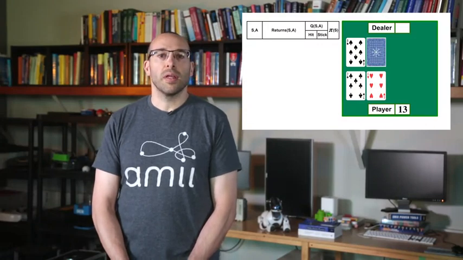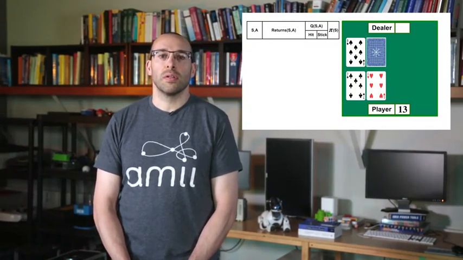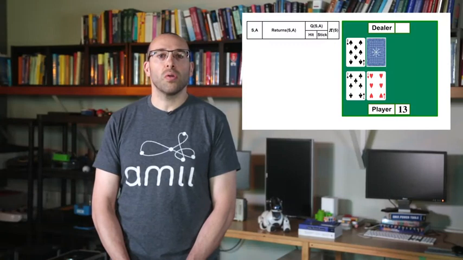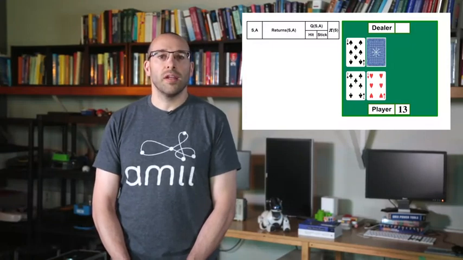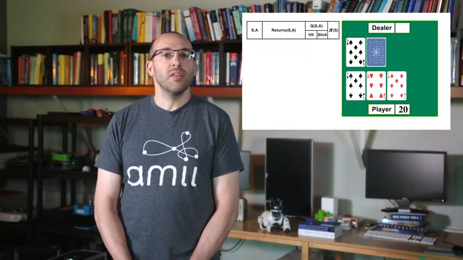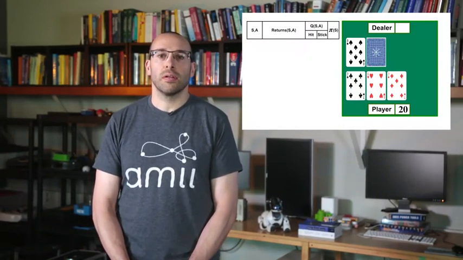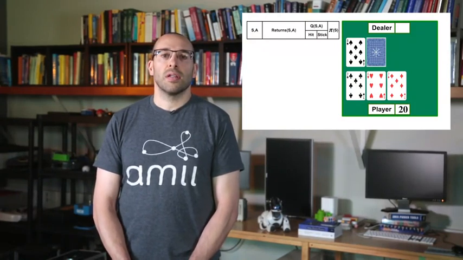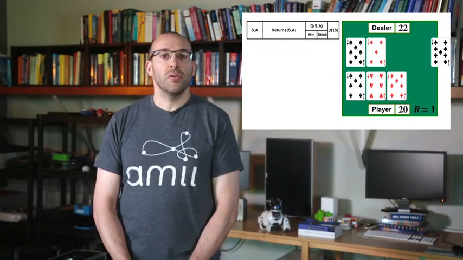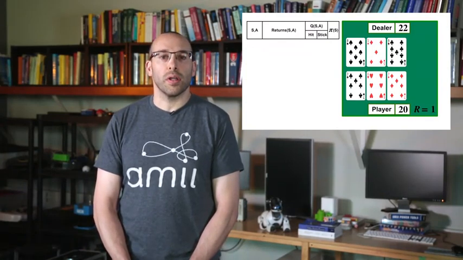Let's step through a game and see what the algorithm would do. Suppose the agent's cards show a total of 13 with no usable ace, and the dealer's visible card is an 8. According to the randomly sampled first action, the agent hits. The agent gets a 7, moving the sum to 20. On the next step, the agent chooses the action according to its policy, so it sticks. Now it's the dealer's turn. The dealer draws a 9 and goes over 21, losing the game